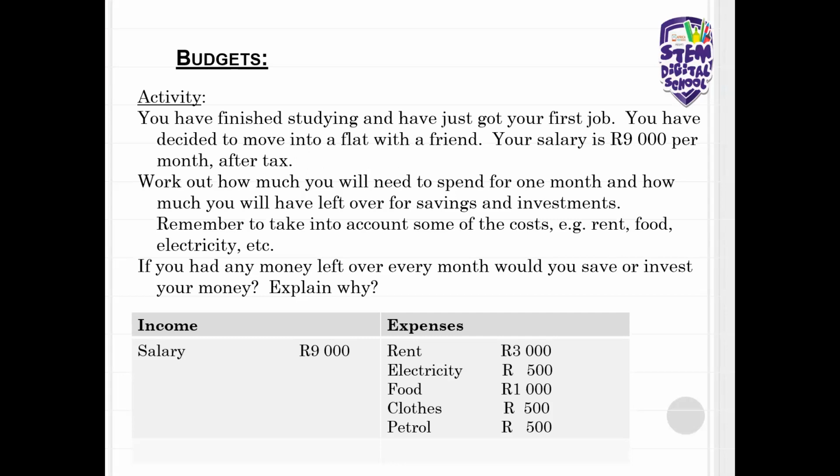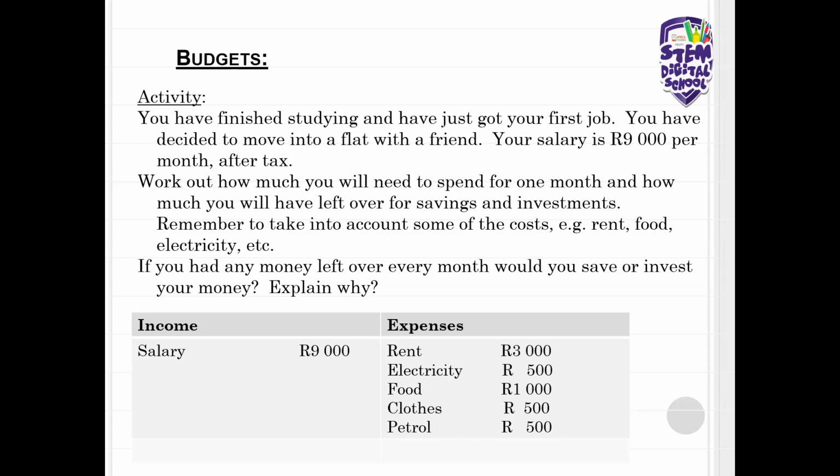said it's going to be a written document where you're going to enter all the income and all the expenses with the idea to see how much is left over at the end of the day, what you can save or invest. If we look at this activity, you will see that it's saying there you have finished studying